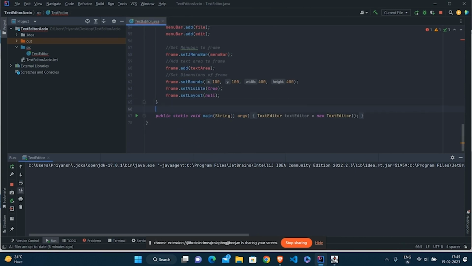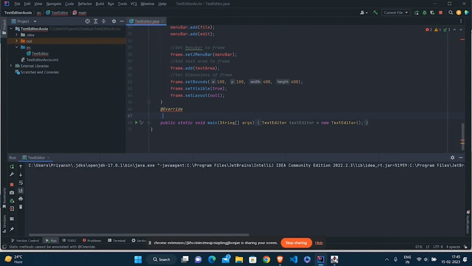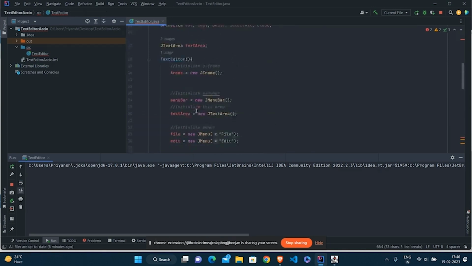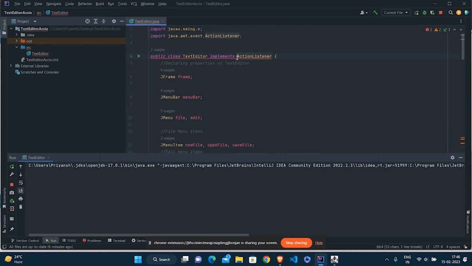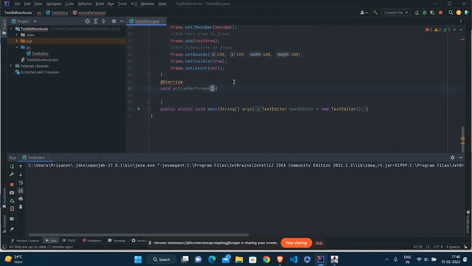So here what we are going to do is override void actionPerformed. Why have we used the override keyword? Because we are overriding, we are using a method that is in the interface that we are implementing.